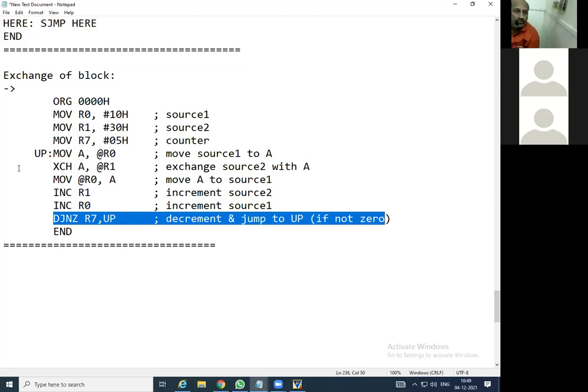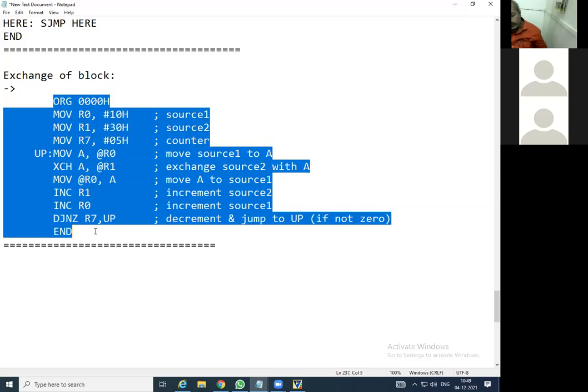And how much count have we added here? That is 5. So 5 times this loop is going to repeat, and after that the end will be here. So this is the simplest way of making this exchange of block. Let us see it in the same manner. I will just copy this code.